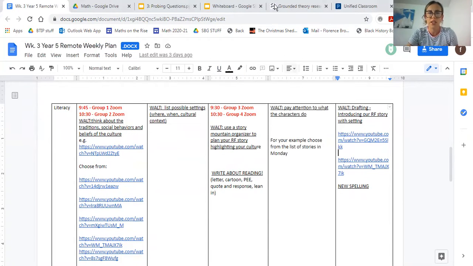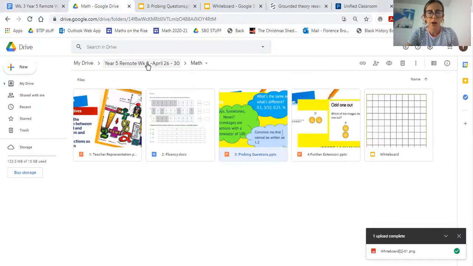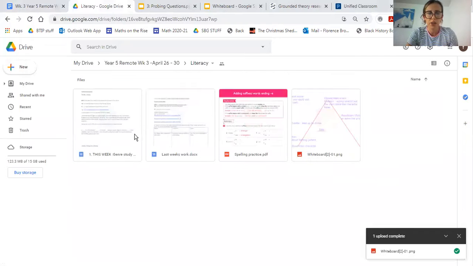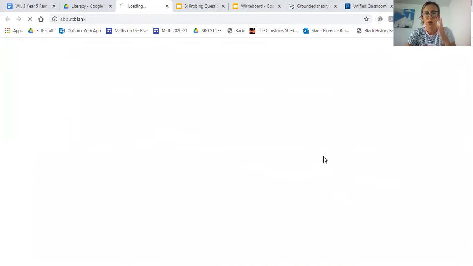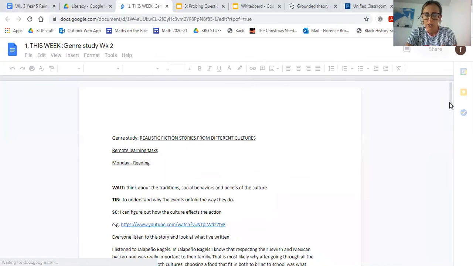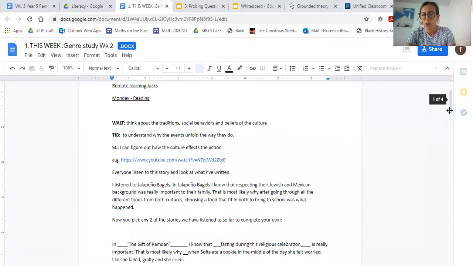So you're going to be thinking, and you can go into your packet for that, of not only what it looks like in your setting and describing that, you're going to be thinking about making it come alive to the reader.